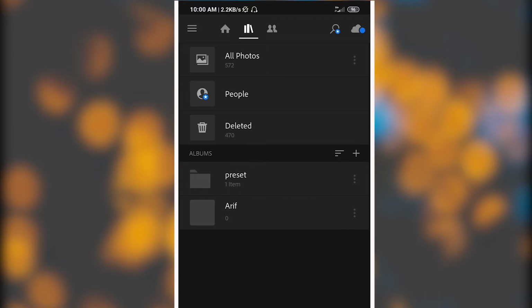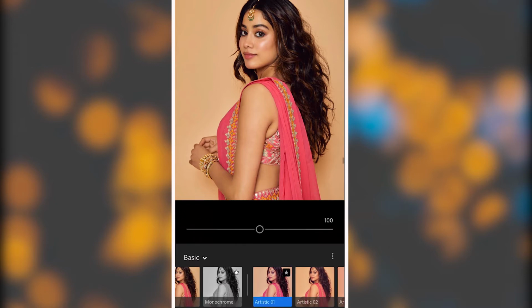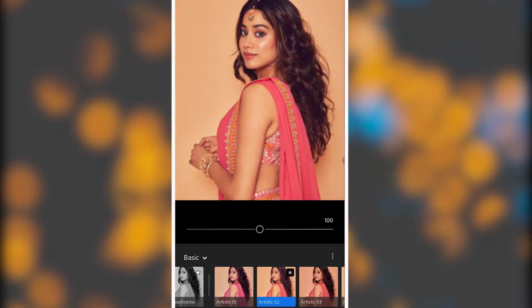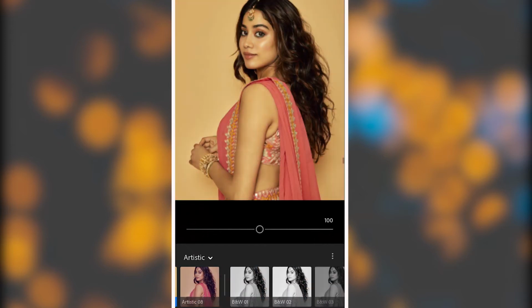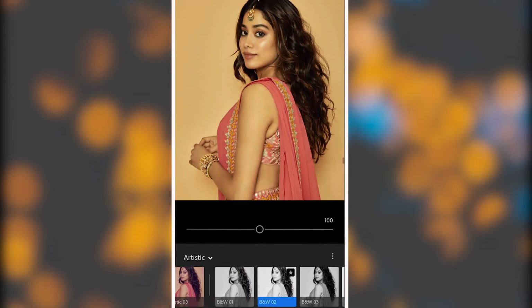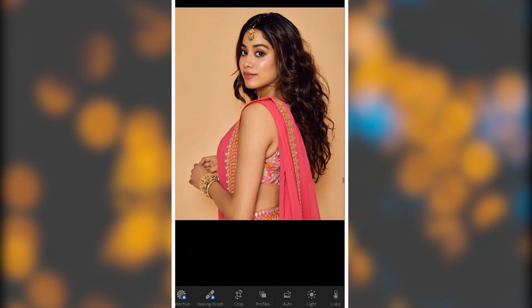There is a profile. First of all, you can see there is some default effect you can select, and if you like this effect, you can apply it on your photo, so you can see how it looks. Now there are so many other tools. There is light. Now you can see this is exposure.